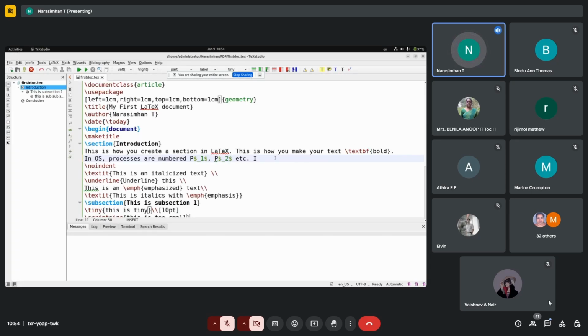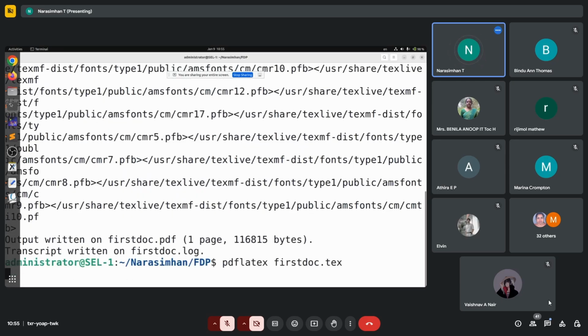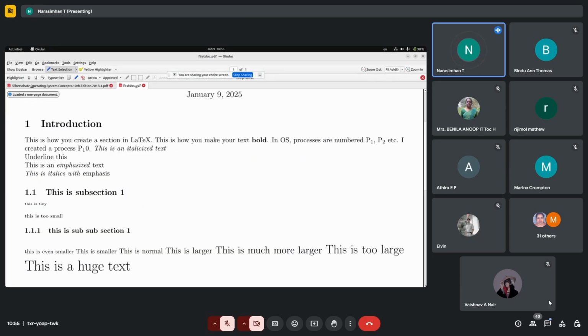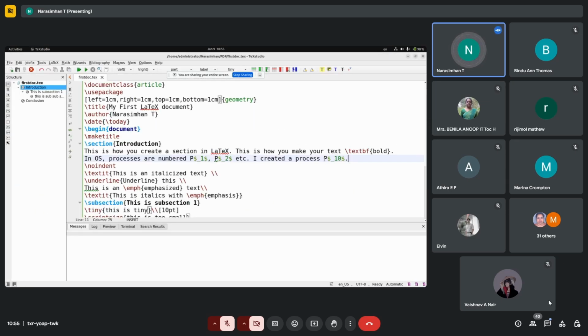Suppose I have a statement like this: I created a process P10. So let's see what happens now. Here you have some sort of trouble, really. What happened was you wanted 10 to be subscript for P, but what really happened is only 1 got displayed in subscript mode, but 0